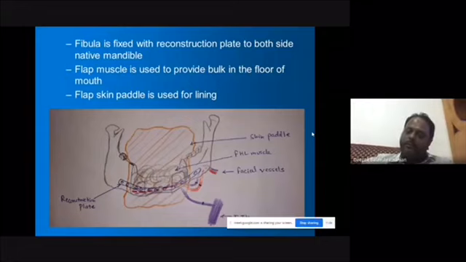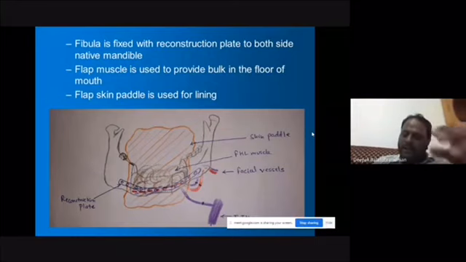If you use a non-locking plate, the further you torque the screw, the further the segment is going to move towards the plate, and it can damage the periosteum of the bone. What about mini plates? Ideally in a fibular reconstruction, you should use a load-bearing plate, not a load-sharing plate. Yes, sir. A reconstruction plate 2.5 or low profile 2 or low profile 1.8 or even 2.8s, they're all load-bearing plates. So you need the load-bearing plate to bear the loads of mastication.